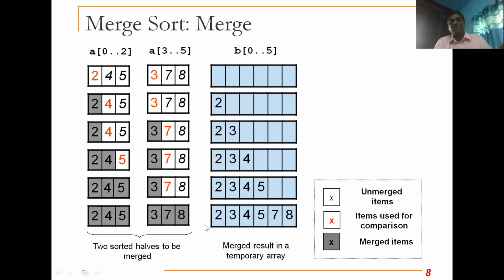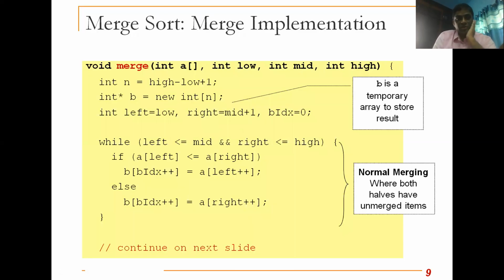Okay, so this merging operation is used a number of times in your merge sort algorithm, right? So have a look at this implementation now. In the merge operation, we send the array and we also send low, mid, high. Low to mid is the first half, mid plus 1 to high is the second half. So I'm sending only low, mid, high to the array, but still you can manage low to mid as the first half and mid plus 1 to high as the second half. Both the indexes are available for merging purposes.